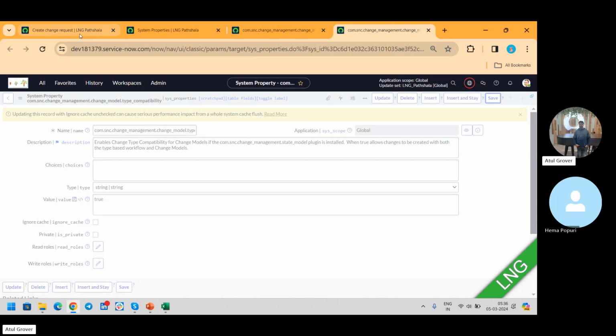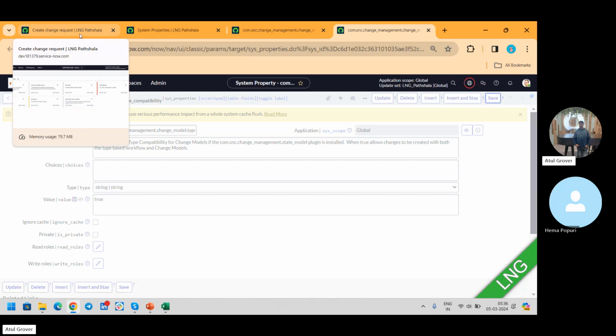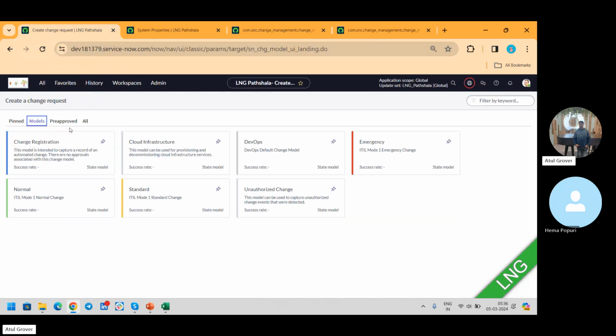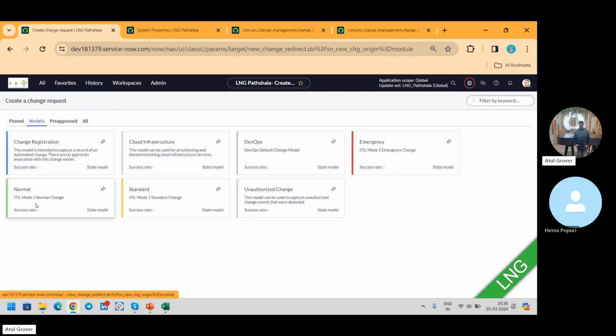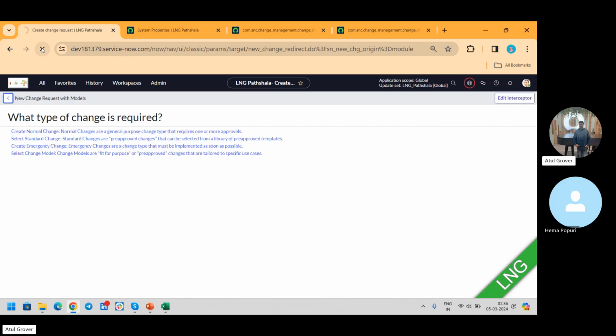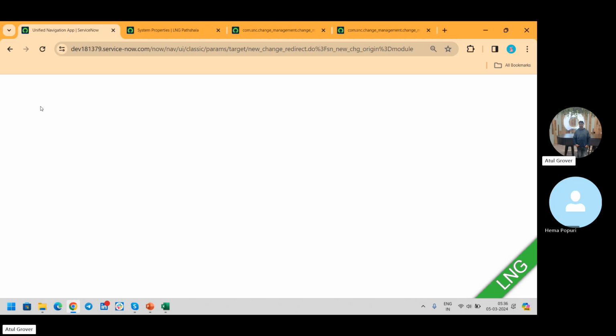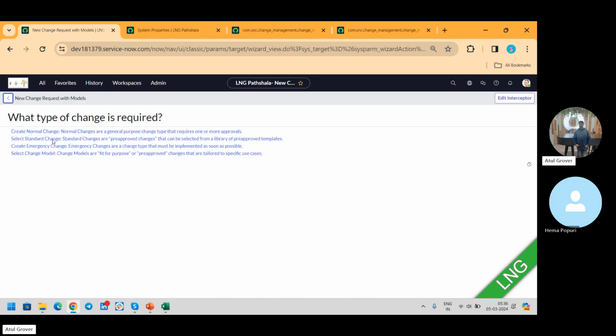Okay, and now it's done. Now let's come here and click on Create New. Let me, sorry, this one. So now you can see this is the interceptor page, this one is the interceptor. See, these three are different, this is the interceptor,